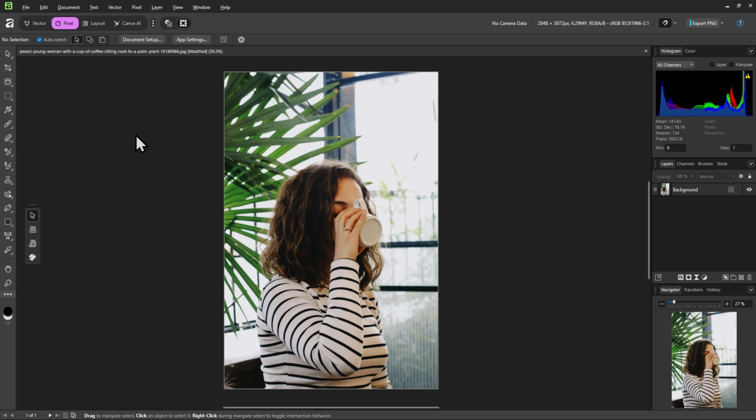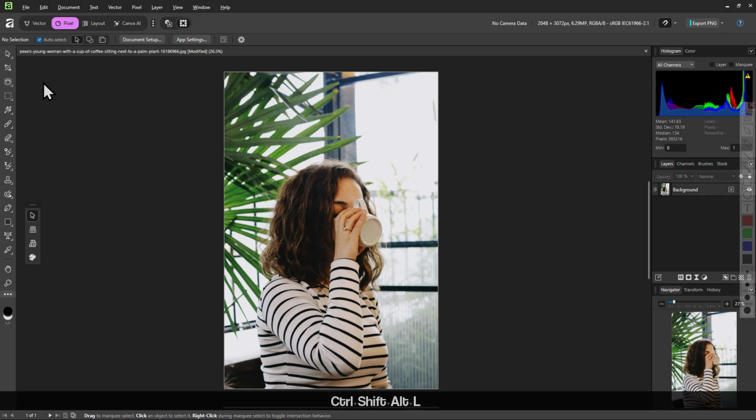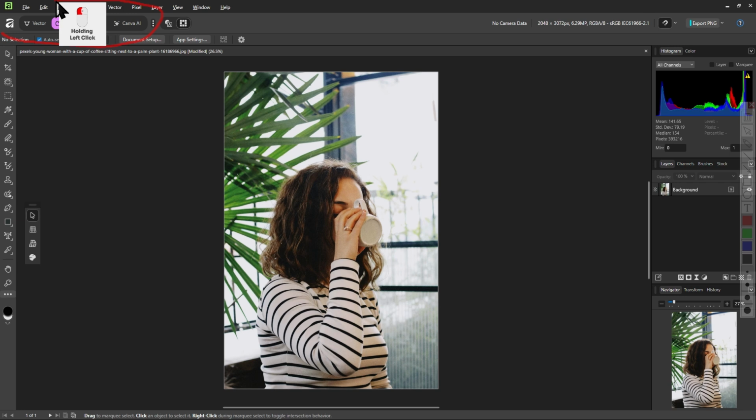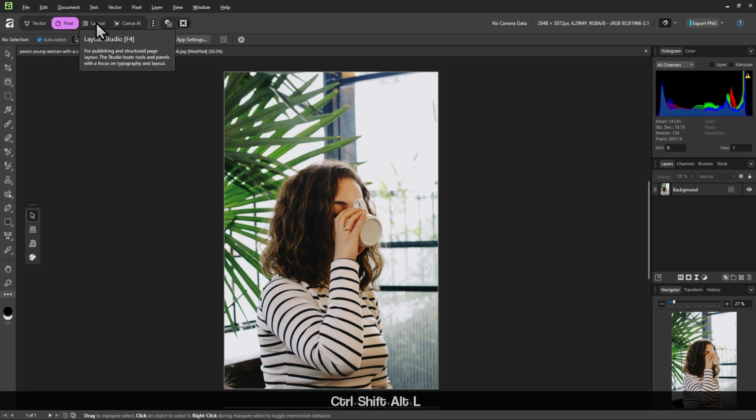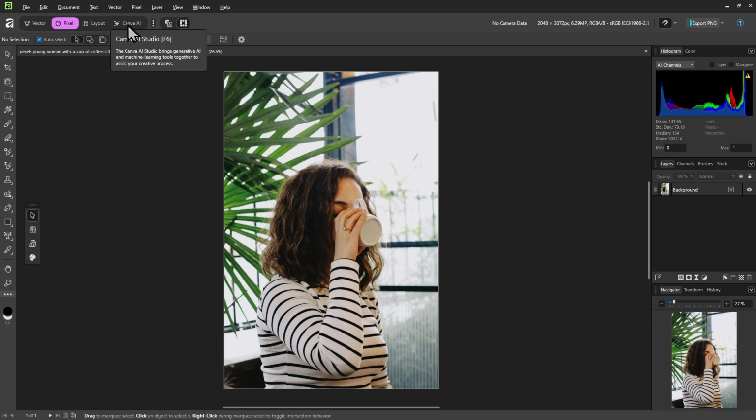For now, let's just make sure that our user interface, or our UI for short, is the same. First, let's go ahead and look at the top left here. We have these 4 tabs here: Vector, Pixel, Layout, and Canva AI.